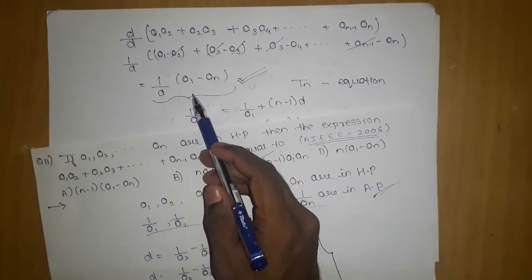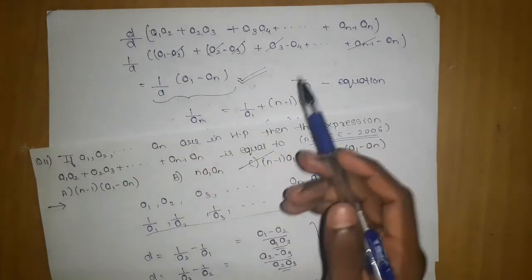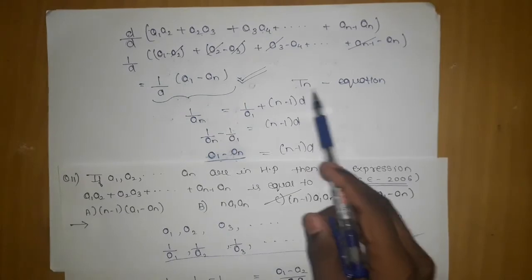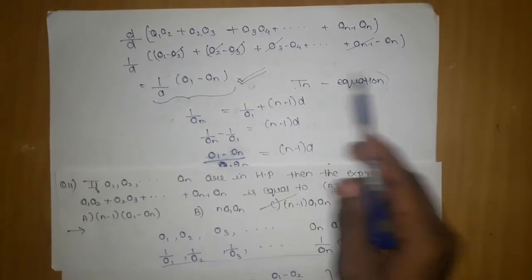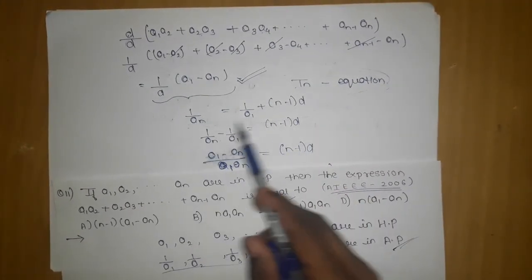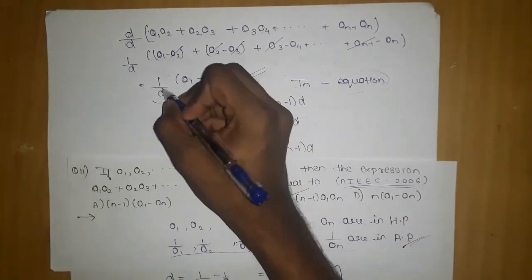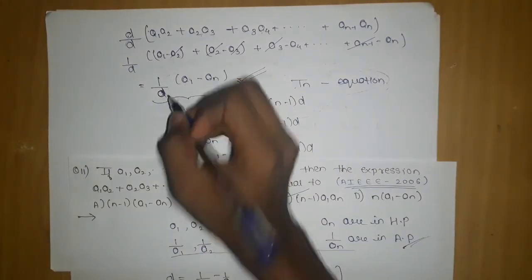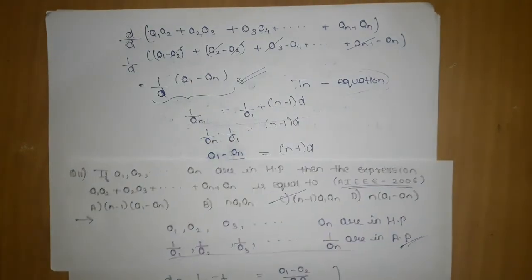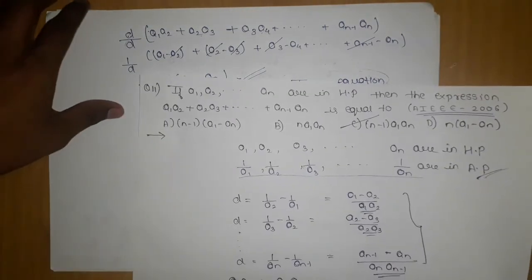Here the answer can also be in this format, but since they have used this tn equation to manipulate the answer, be careful. Use this equation. Whenever d appears, you have to substitute the value; you cannot leave the answer in d format. So now let's move on to the next question. This was the 11th question.